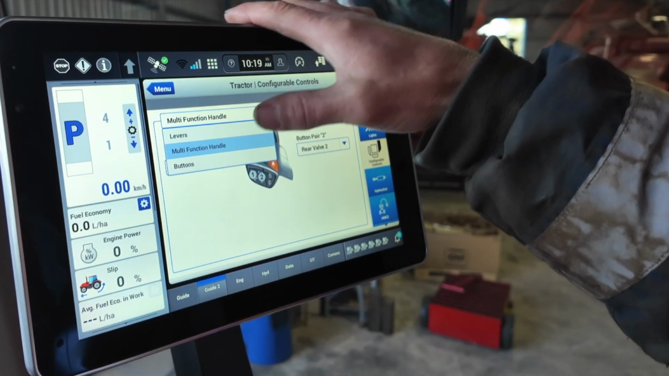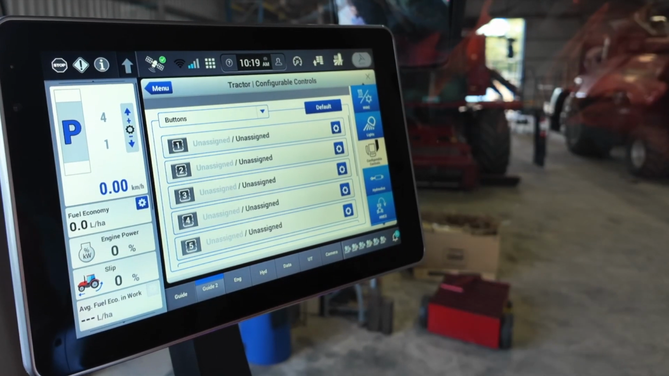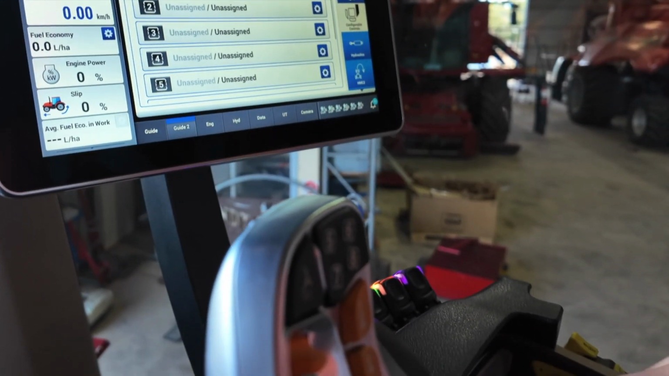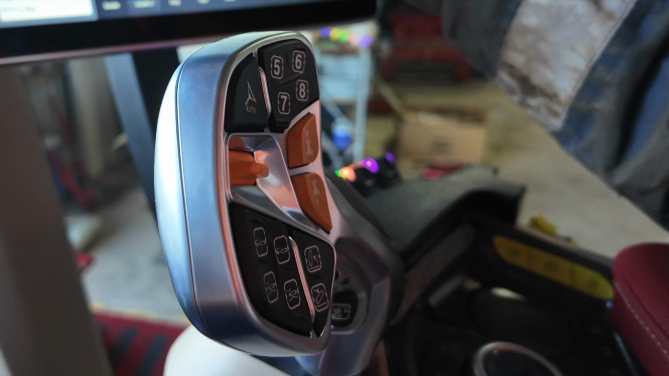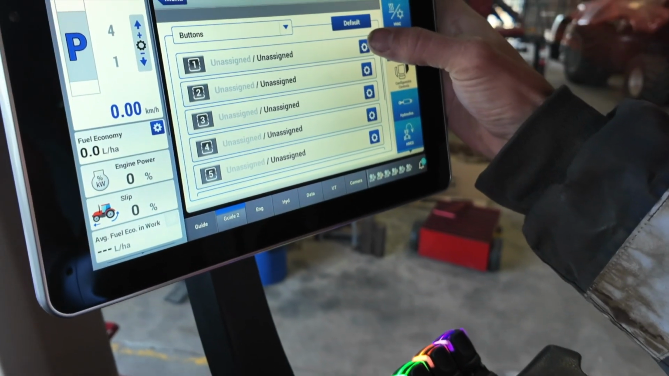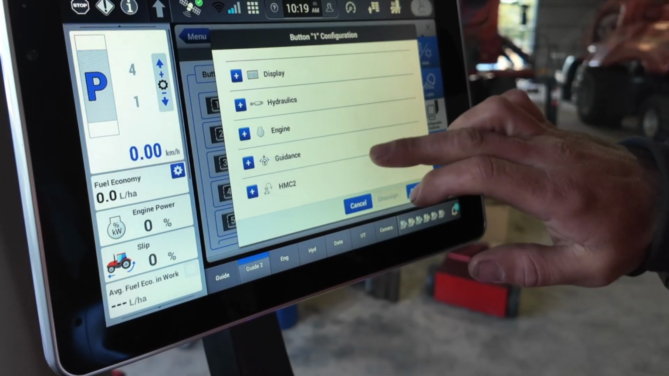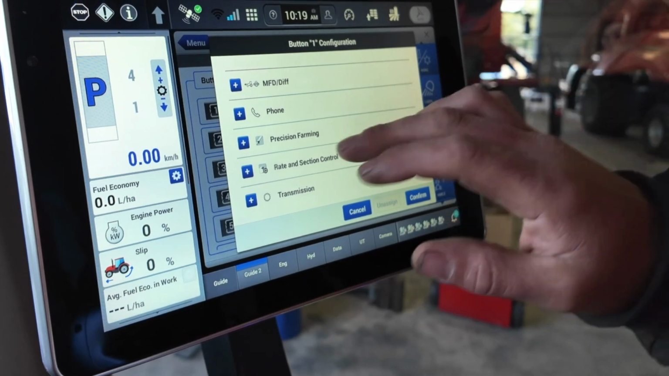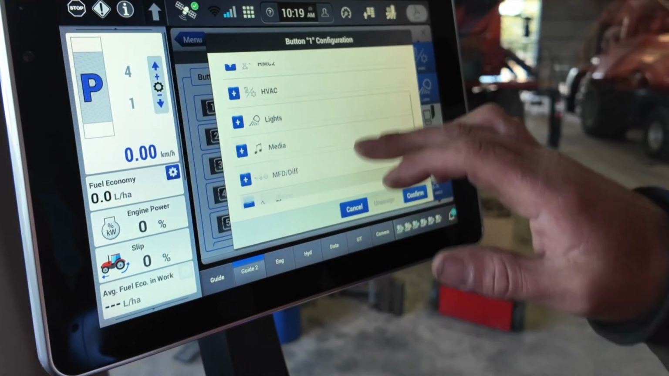And then finally we have our buttons. So on our multifunction handle we have 5, 6, 7, 8, and down here we have 1 to 4 that you can customize to what you want. So to do that, we just hit button 1, hit the gear, and there's a huge list that you can select from. So whether it be answer or end a call,